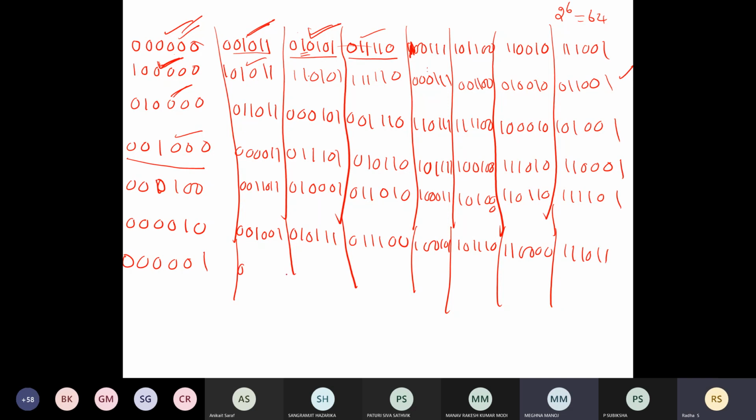I think you understood filling the table, right? But still, how many rows have I written? How many rows have I completed? Each row has 8 elements. 7 rows only I could complete. 7 into 8, 56. So that means out of 64, I have listed only 56 elements. Still 8 more elements are there. So all elements with a single 1 are completed. So you need to go for a coset leader with 2 ones now.